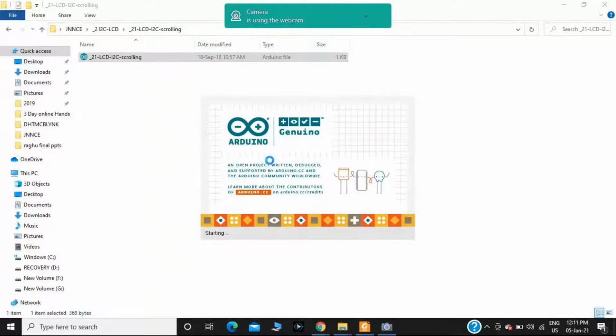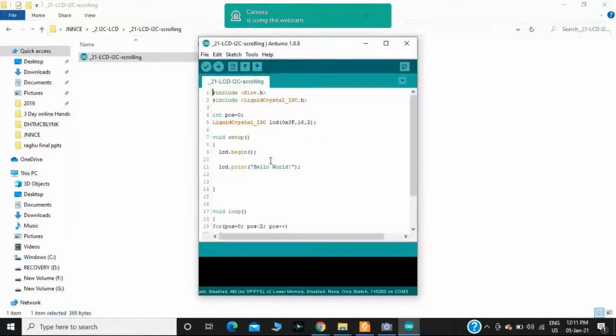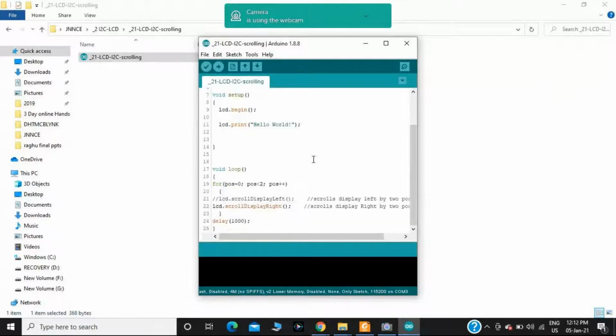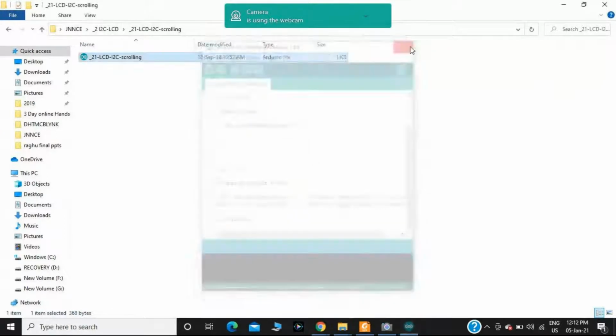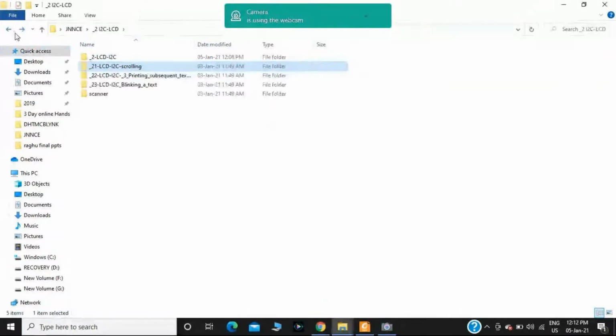In the case of a 16x2 LCD, I can print a maximum of around 32 characters, since 16 times 2 gives 32. If you have more than 32 characters, in that case I can go for scrolling.